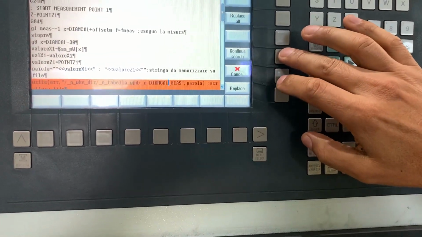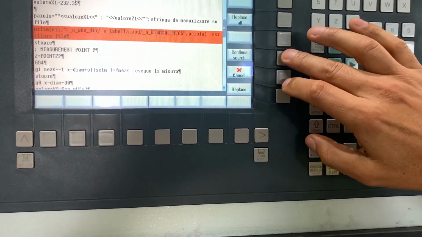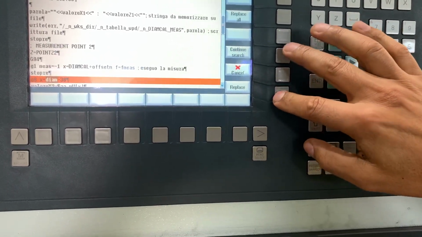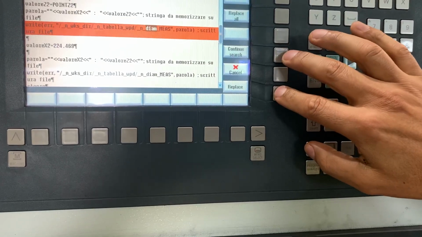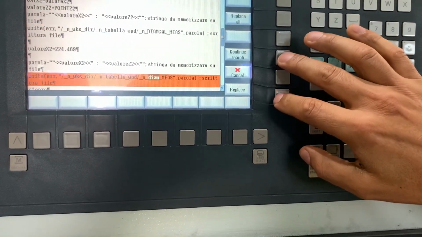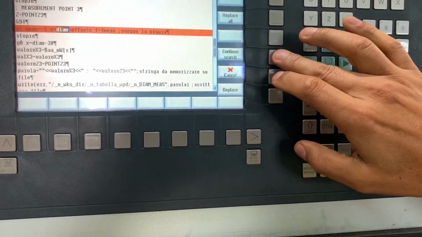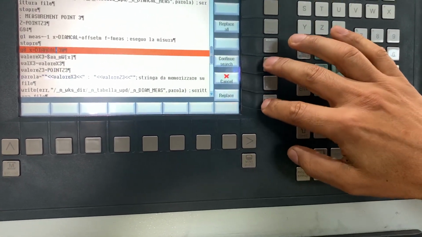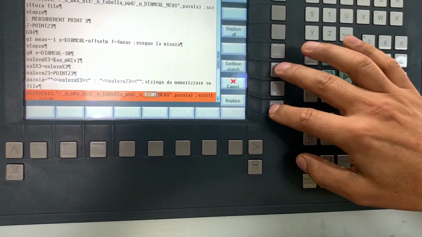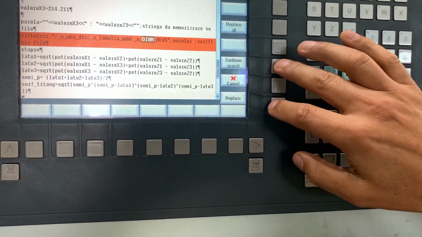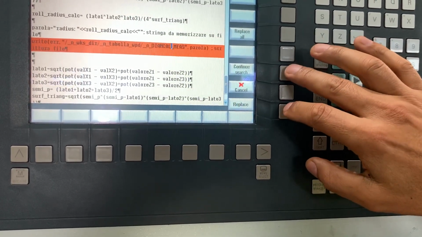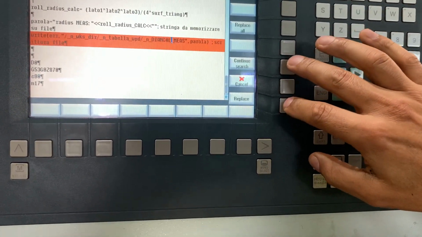replace, continue search, replace, search, replace, search, replace, continue search, replace, again. Replace, insert, replace, replace, insert, replace, insert, replace,